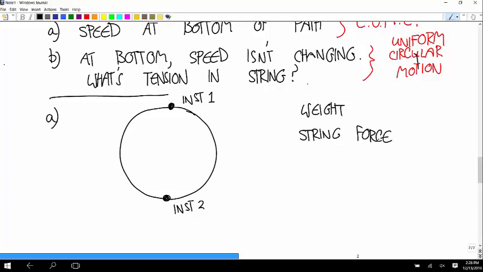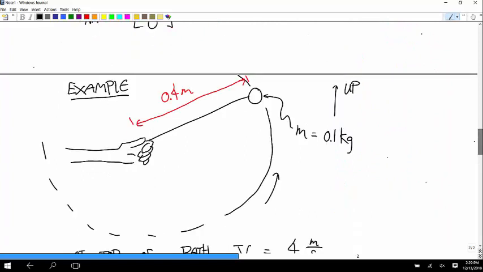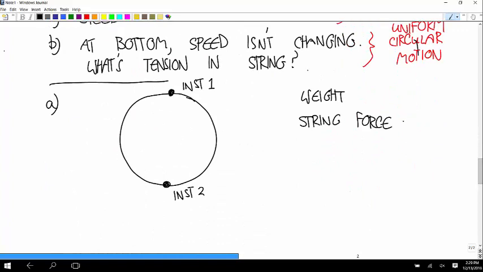Yeah. And so, right, it's tension. So now we have to think about whether that does any work. In any case where something's moving around in a circular path, any force that acts towards the center of that circular path does no work. It's a centripetal force. And notice that's what this string does. If I drew the force vector applied by this string, it's right toward the center of the circle, which is here. And so it doesn't do any work. So that string force is centripetal.